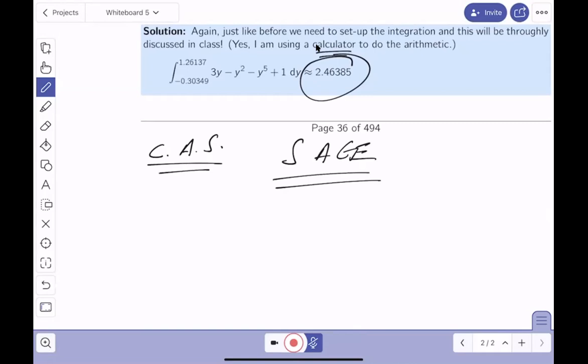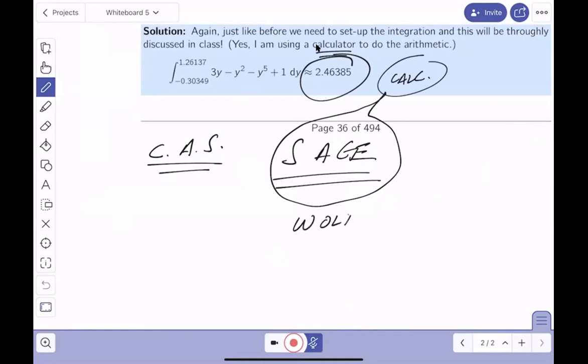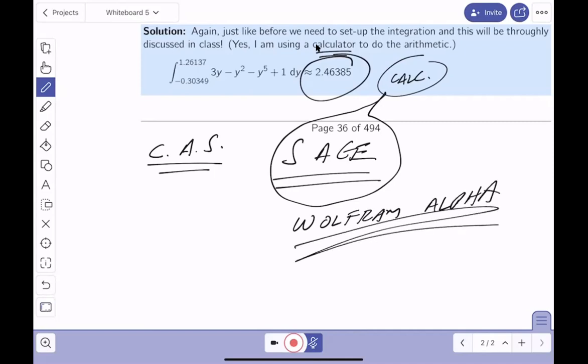All right. So next up will be some examples. Then there'll be a chance for you to try, and I'll also give a presentation on how to do this on a calculator. My calculator of choice in this class is Sage. Also, another great calculator of choice is Wolfram Alpha. That can also do it. And you should be familiar with how to use a computer algebra system